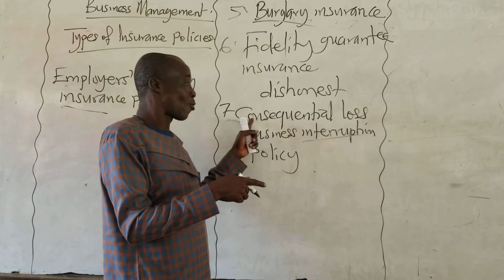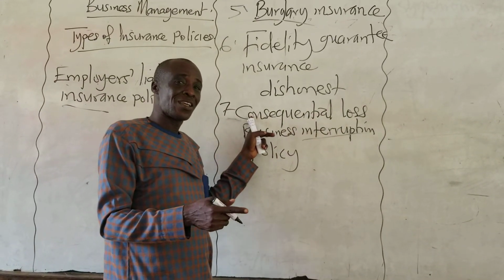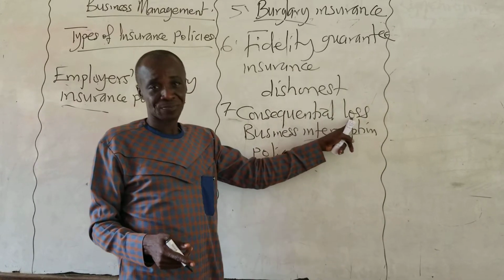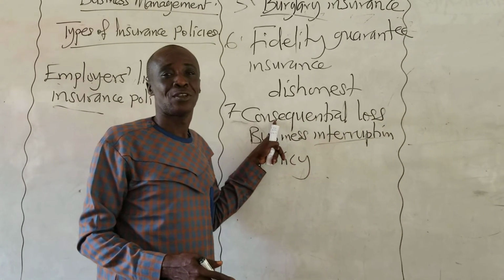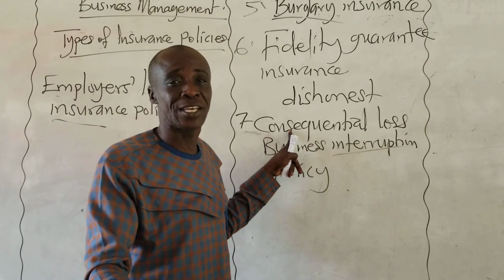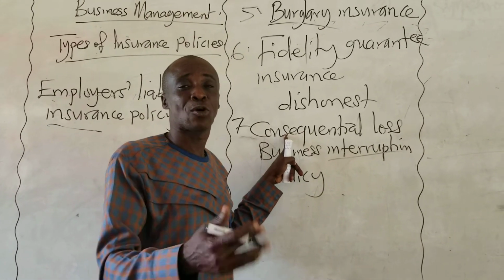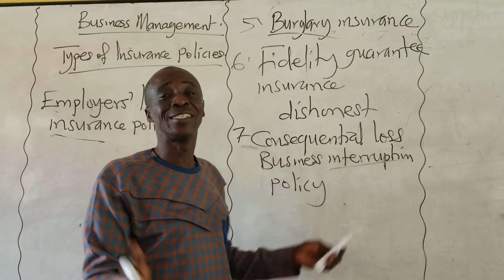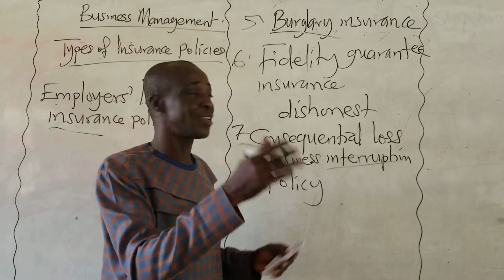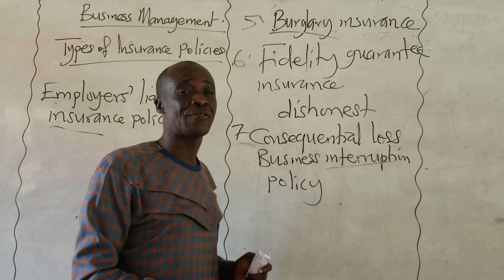that is why it is consequential. You have lost profit as a result of your inability to operate business, because the business has been interrupted by the incident, which is the fire. Then they will compensate you, they will indemnify you. So that's the